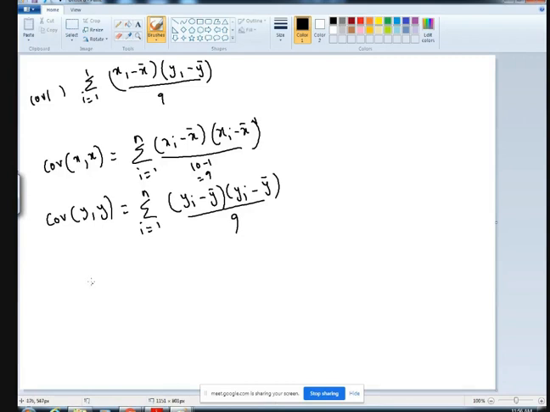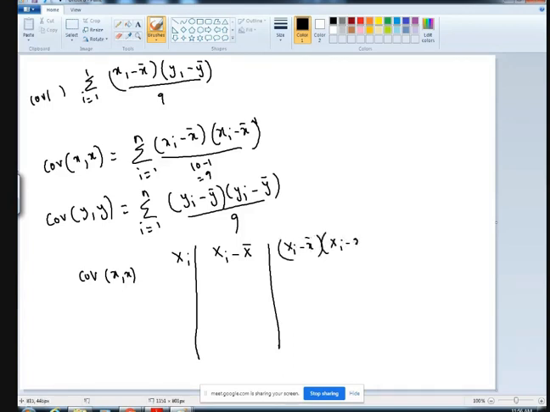I'll just find out the covariance of the first two entries. The remaining entries you can do by yourself. So if I'm finding the covariance of x comma x, I need to find which instance is there. That means if I'm working on the first instance, it will be x1, if I'm working on the second, it will be x2, and here xi minus x bar, because this is what we have to find. After that, we have to multiply both, that is, we need to multiply xi minus x bar and xi minus x bar, right.